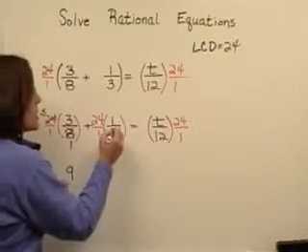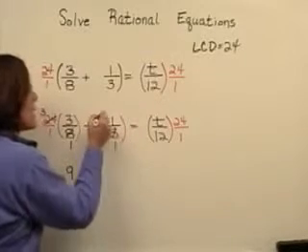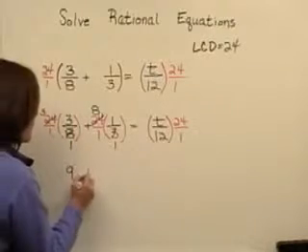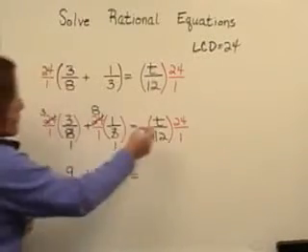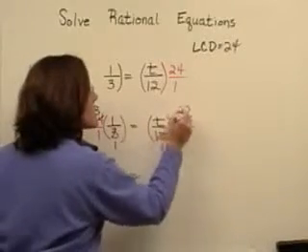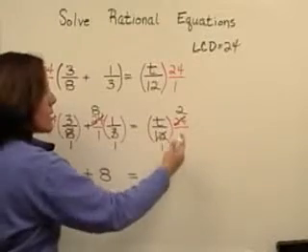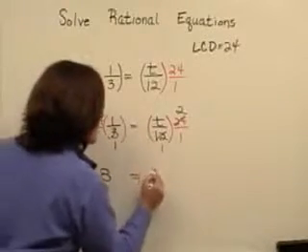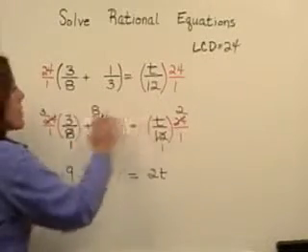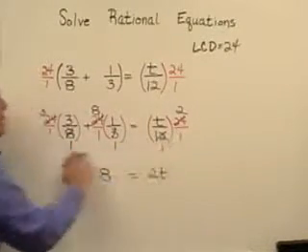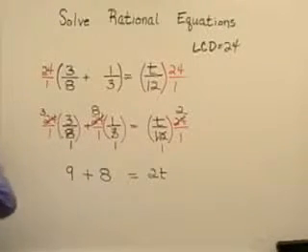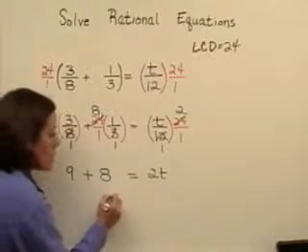In the second fraction here, I'm guaranteed that 3 will divide evenly into 24, in this case 8 times. And 8 times 1 is 8. And then finally, on the right side of this equation, I'm guaranteed that 12 will go into 24, in this case 2 times. And again, I'm left with 1s downstairs, and I have 2 times t in the numerator. This is a slick process because by multiplying by the least common denominator, you get rid of the denominators. You have 1s left, and you have a simple linear equation, or possibly you'll have to solve it by factoring, but in this case, a linear equation that you solve